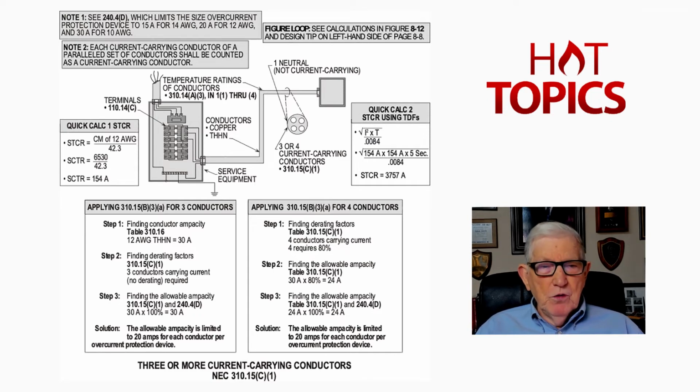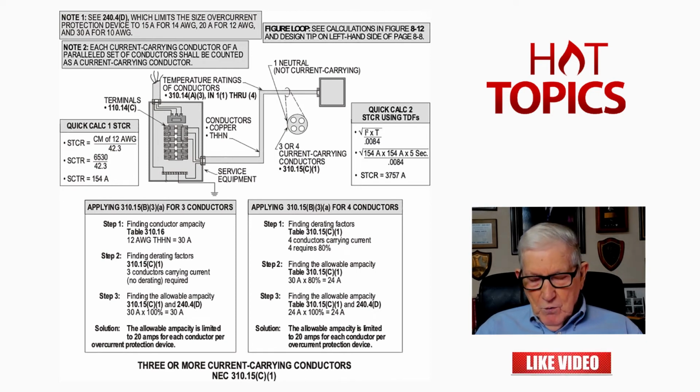It'd be about 245, as you see in that first illustration we looked at, figure 8-12. But when you did the math with an overcurrent device clearing with a half cycle, which is 0.0084 second, as you see in figure 8-13, the second figure that we looked at,